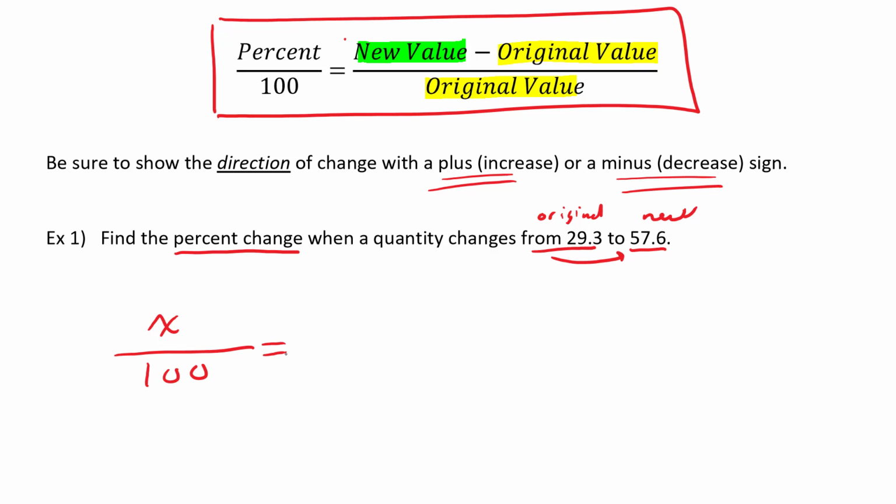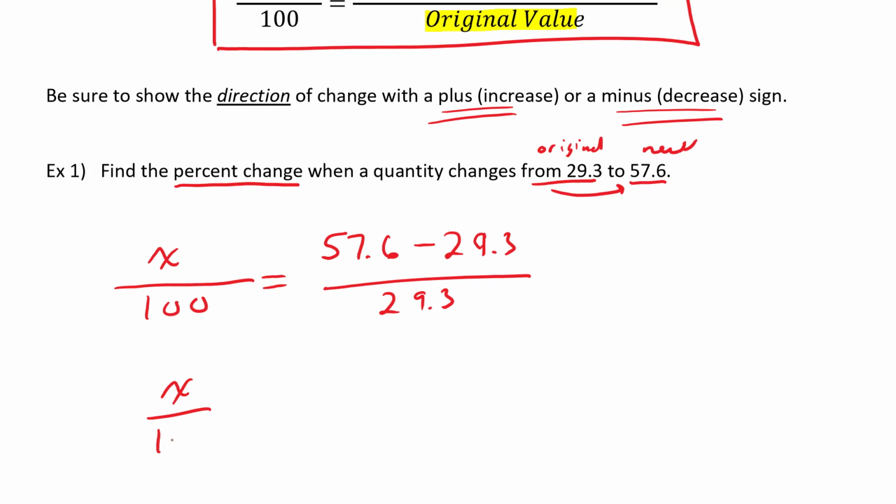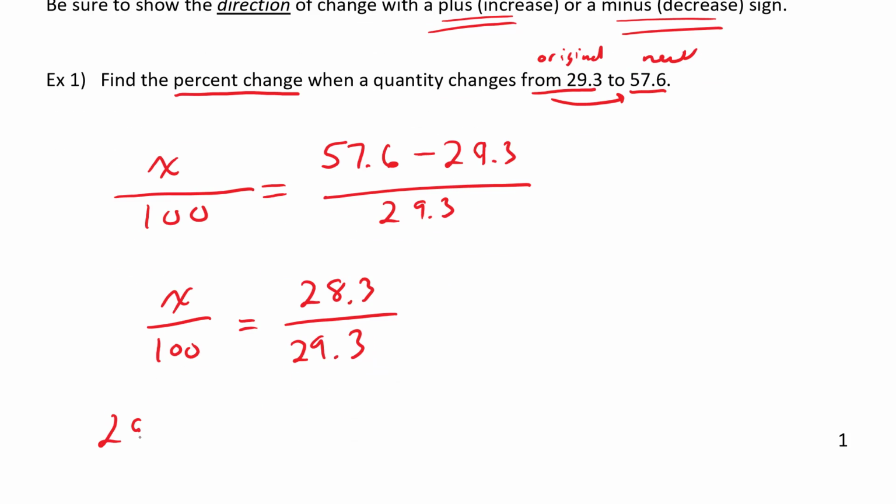X over 100 equals my new value, 57.6, subtract my original value, divided by the original value. Subtract those values away. We can then cross multiply. Divide both sides by the coefficient in front of x to get rid of that. And we are left with